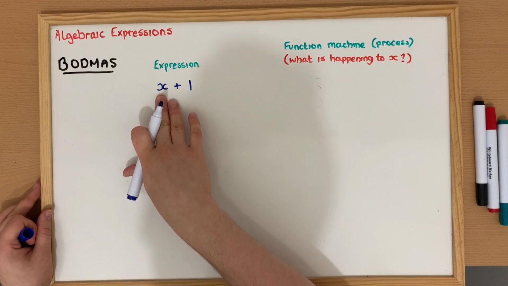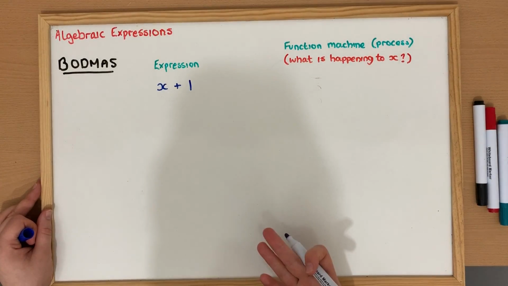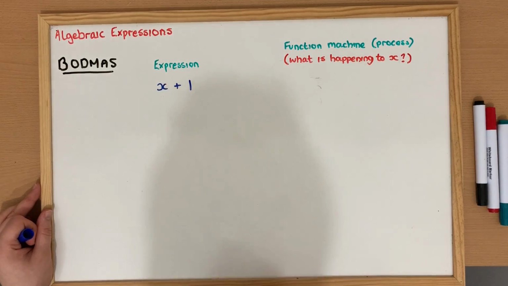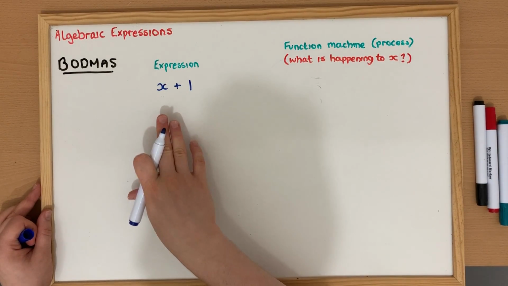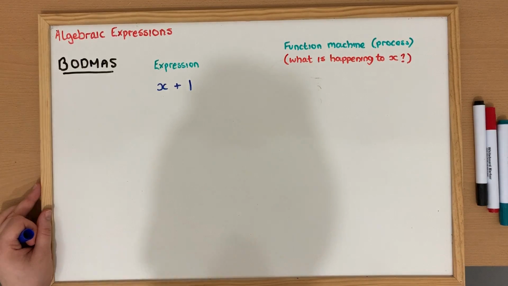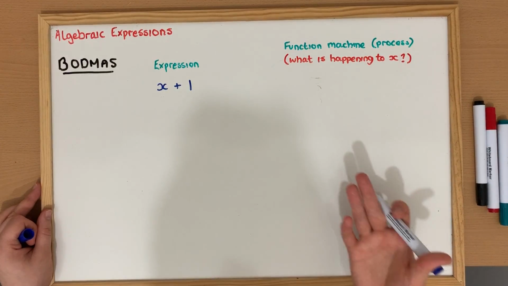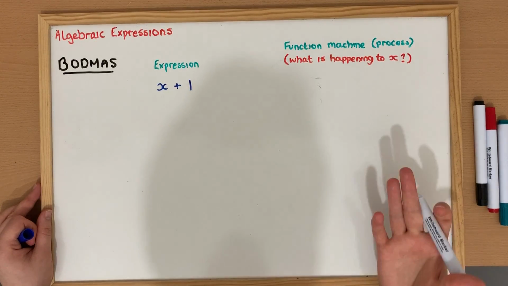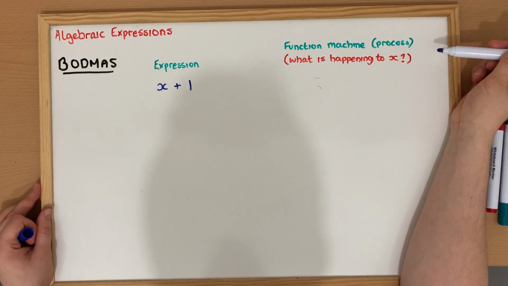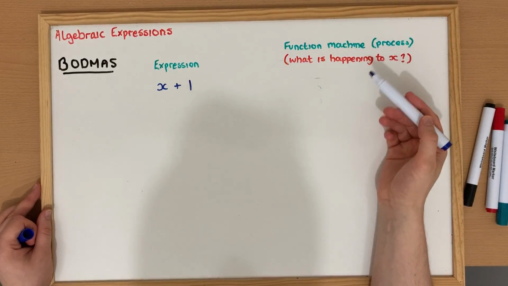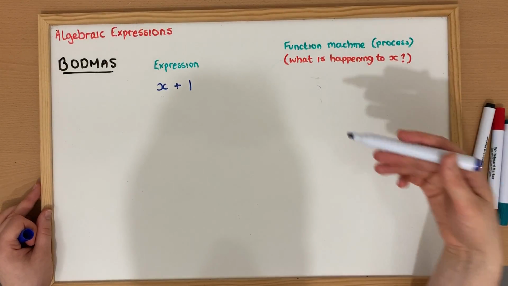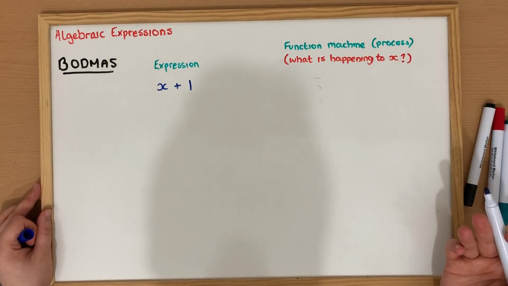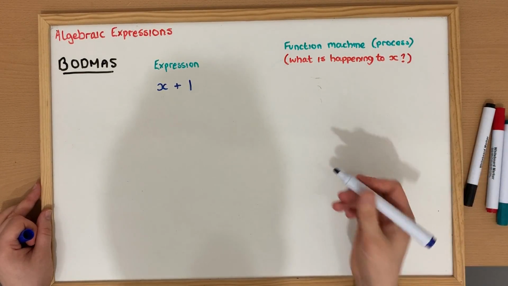So things like our x, which stands for some unknown quantity, and our 1 is obviously a mathematical symbol, and their addition sign. So what this expression is telling us is that this unknown number x is having 1 added to it. So if I was to write this as a function machine, what I'm trying to do here is write this expression as the process: what is happening to x, and importantly, in what order. So the way we're going to do this